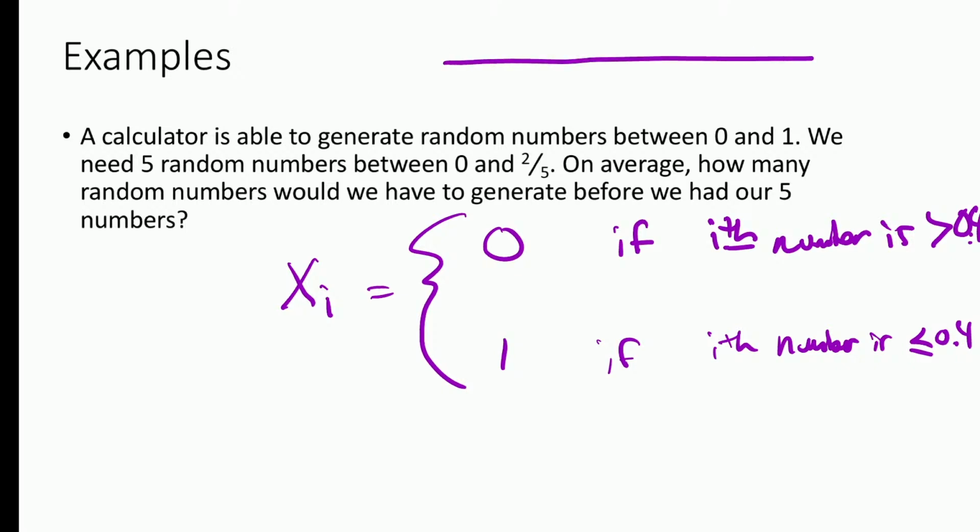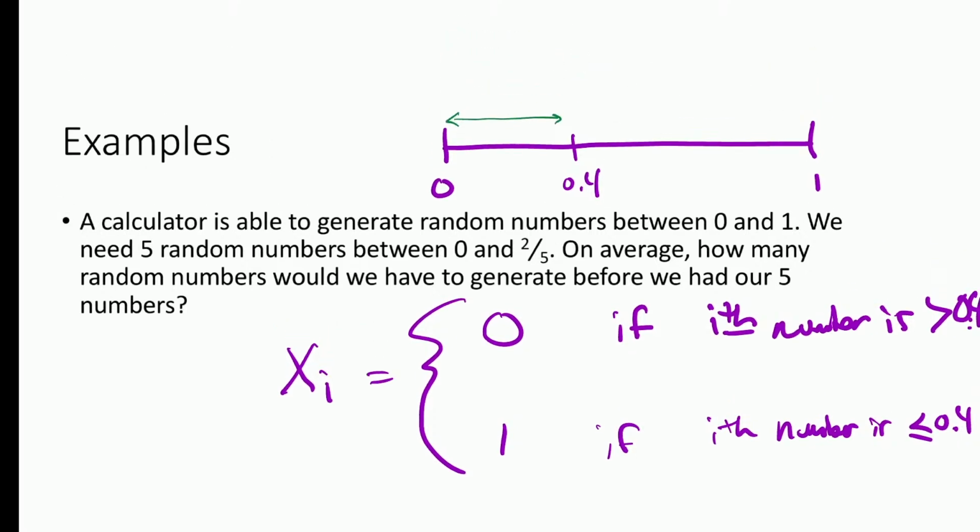If you really want to know, from 0 to 1 you have a uniform distribution. We're assuming uniform. So let's talk about this 0.4. If I wanted to know the probability of being in this range, that probability is going to be 0.4 over 1.0. For a uniform random variable, you just take how big of a range you have divided by the whole sample space. Whereas if I ask what is the probability of being exactly 0.4, then you're dealing with